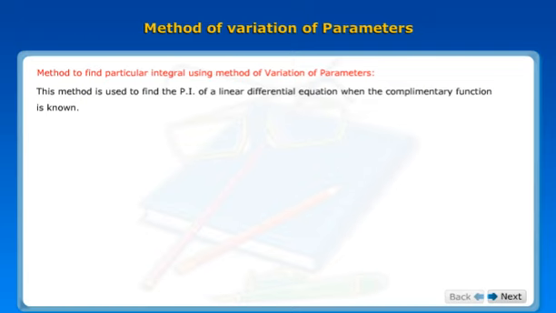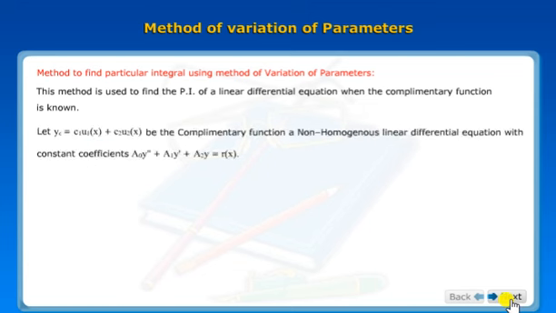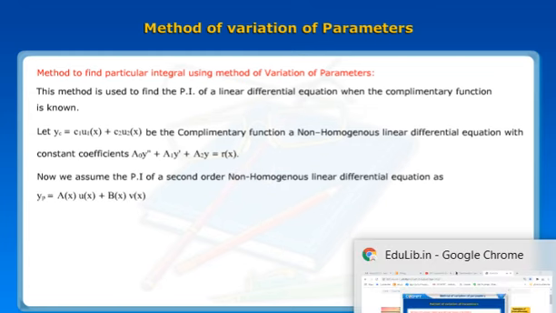Used to find the particular integral of a linear differential equation when the complementary function is known. Let the complementary function yc is equal to c1 u1 of x plus c2 u2 of x be the complementary function, a non-homogeneous linear differential equation with constant coefficients a0 into y double dash plus a1 y dash plus a2 y is equal to r of x. Now we assume the particular integral of the second order non-homogeneous linear differential equation as yp is equal